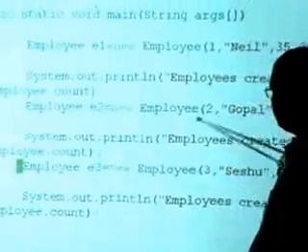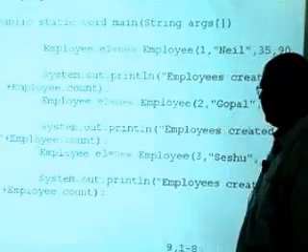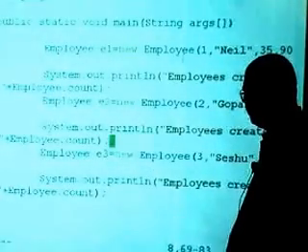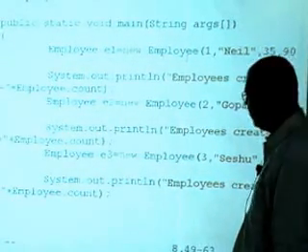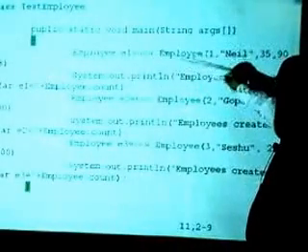Then we are creating E2, and then we are printing the employees created so far. I think let's make this E2, because so far the employees created is just E2. Let's change this to E2, and in a similar way change it to E3.